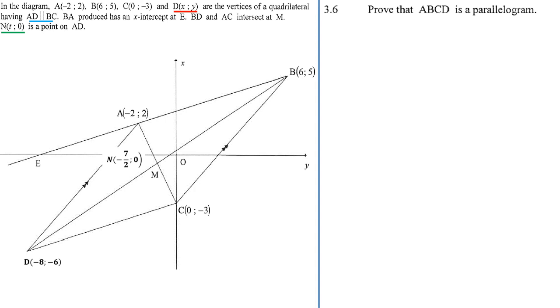Now here is your 3.6. Prove that ABCD is a parallelogram. How many marks is this? 3. Okay. Now it is important, fellows, to review the properties of quadrilaterals. You should also review properties of triangles, the theorems related to triangles, and every time when you give properties